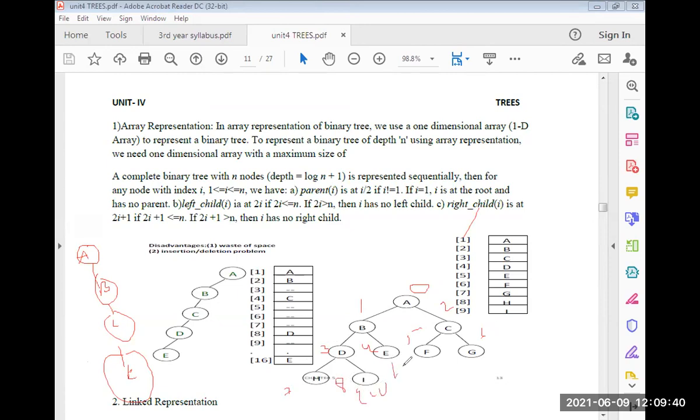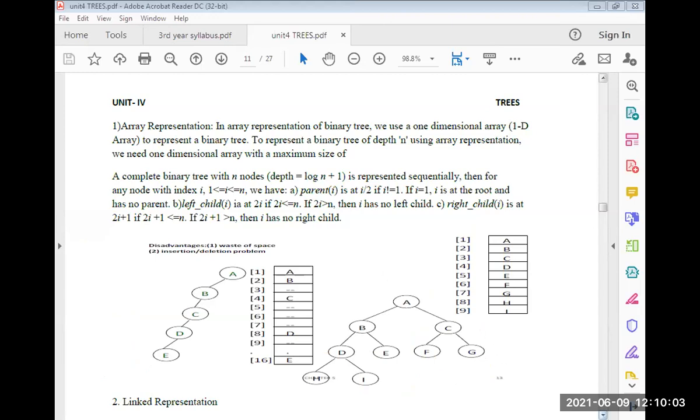Here there is no left and right, but you can also represent the serial numbers on left and right, 9, 10, 11, up to 16. In this way you represent the binary tree in an array.